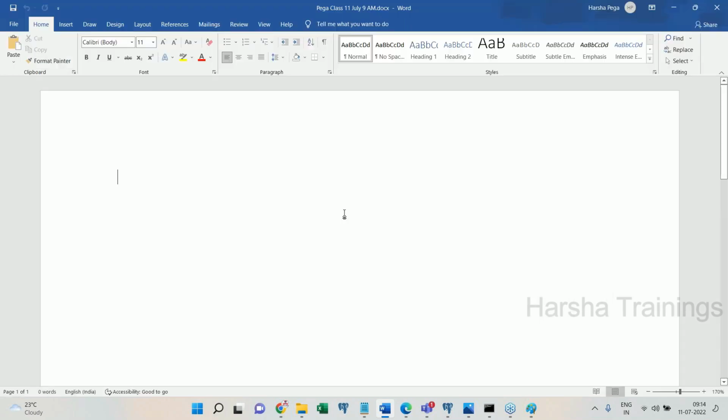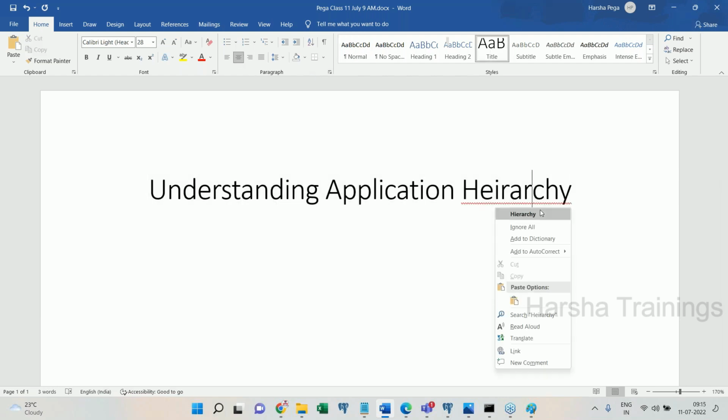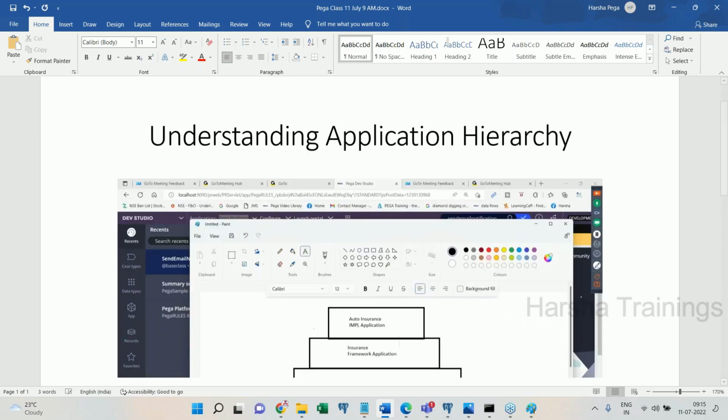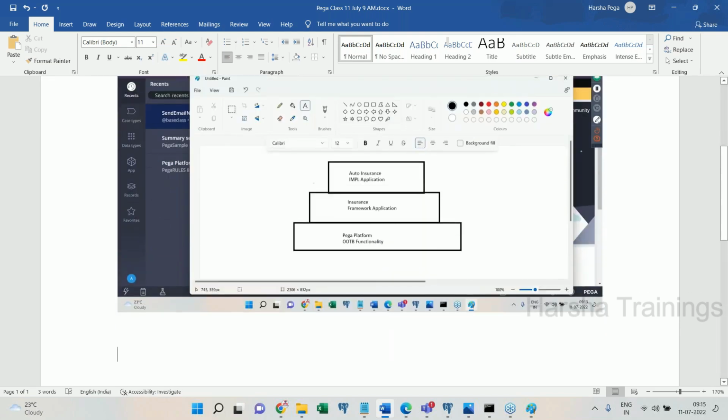Like this, you will be getting the document: understanding application hierarchy. This is just for your information. I am just adding this. Maybe you are already aware of this, but try to learn from us. Now here you go. From the above diagram, in the above diagram,